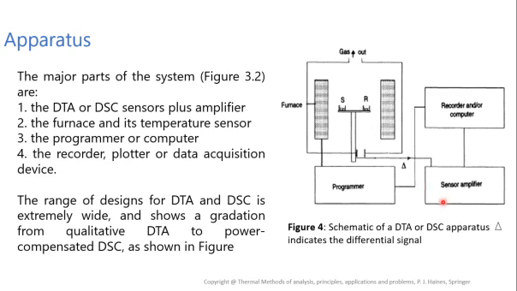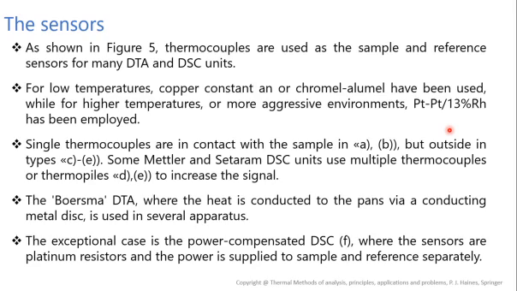So look at what happens. This programmer is connected to the furnace to define the program for the increase in the temperature. Then these are the sensor amplifiers, which are helpful to detect the temperature of that particular sample, and the weight of that sample whenever it is lost. This response is sent to the sensor amplifier, and it sends the response to the recorder. Then the programmer responds to the recorder, or we can say the computer or data acquisition device. So let us see one by one.